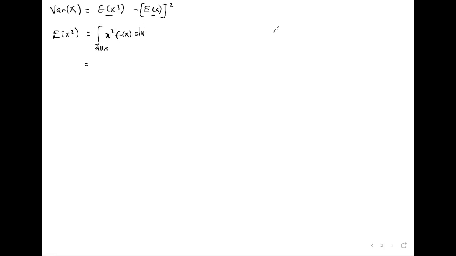So now we substitute in the functions. So we're integrating from 0 to 1 with x squared multiplied by kx, meaning 1 over 3 x to the power 3 dx, plus